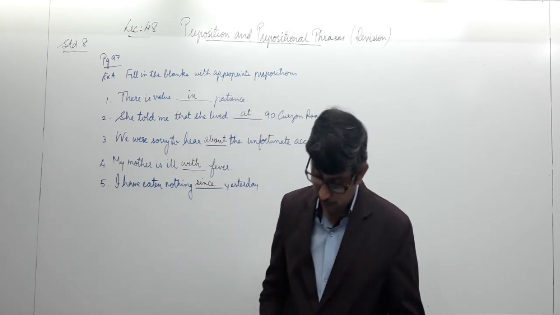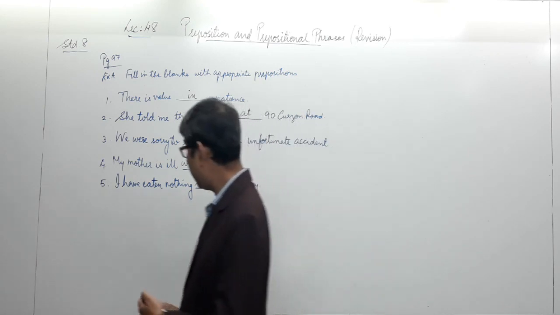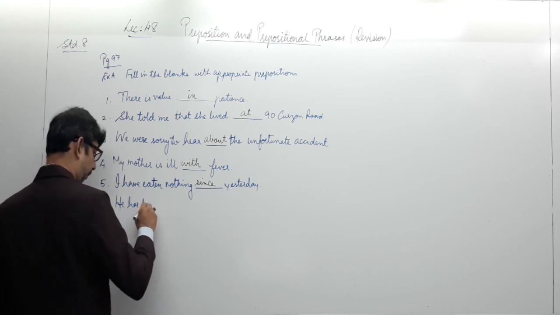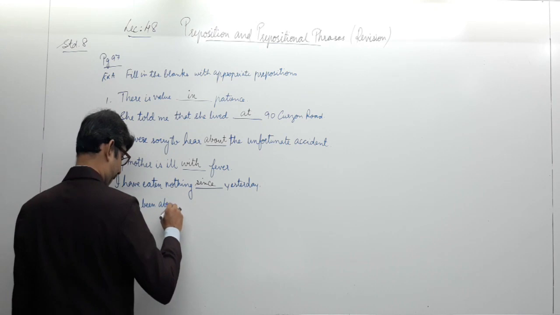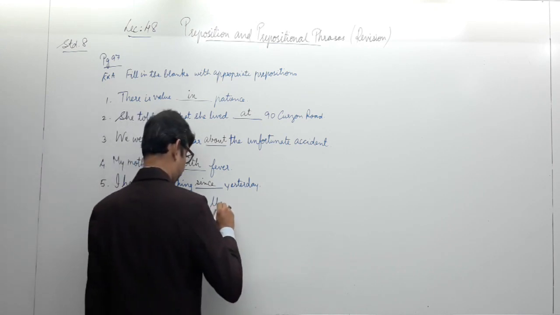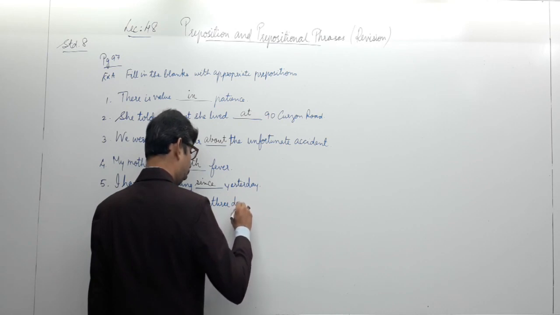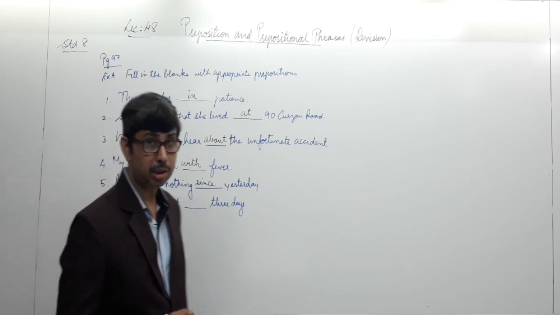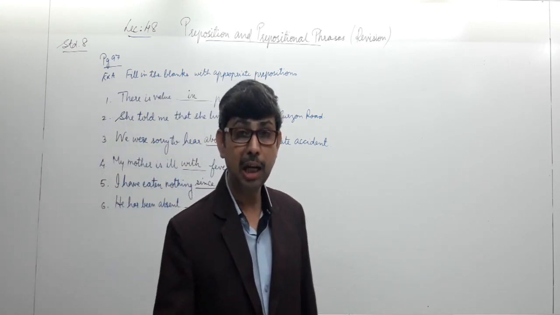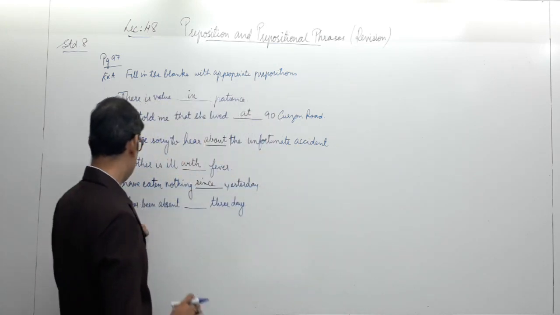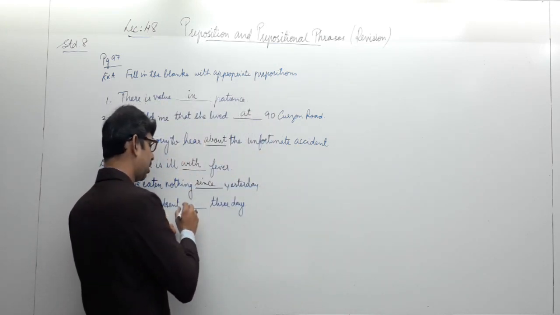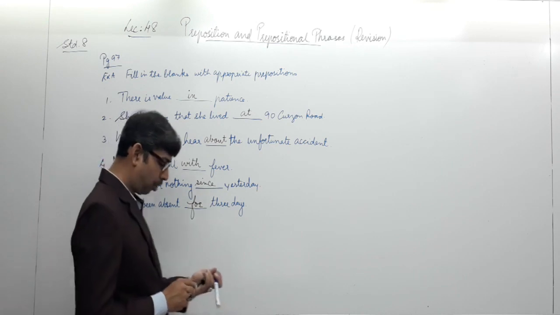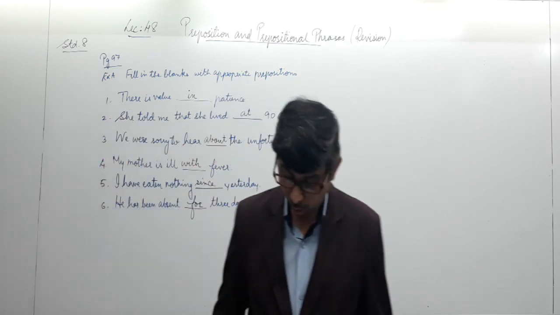The next one, number 6. He has been absent dash 3 days. So what are we referring to over here? We are referring to the time over here, but we are referring to something that is a time duration. So we will have to use a preposition of time, which is suitable to this sentence. He has been absent for 3 days and not since 3 days. We learned the difference between for and since earlier. For 3 days. We don't know what are those 3 days, or which are those 3 days.